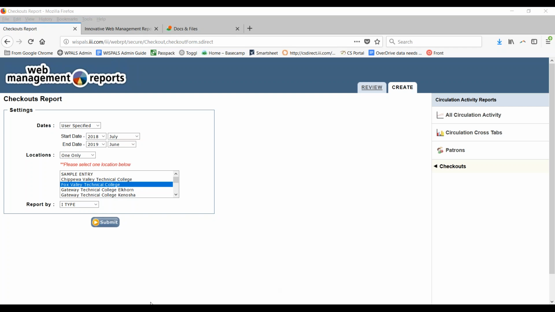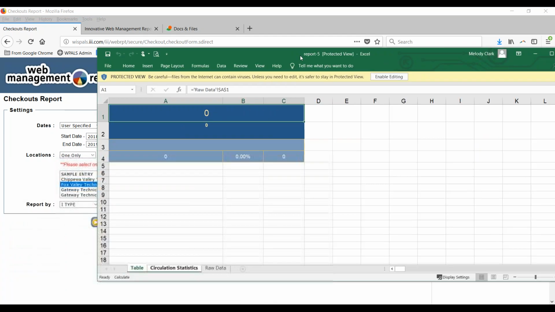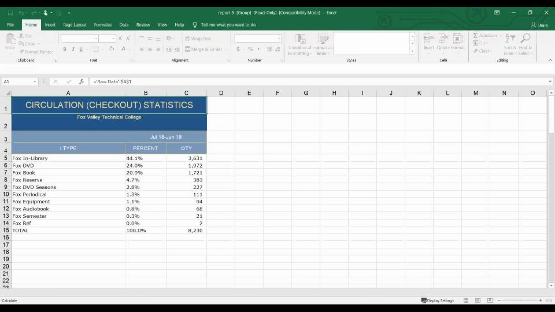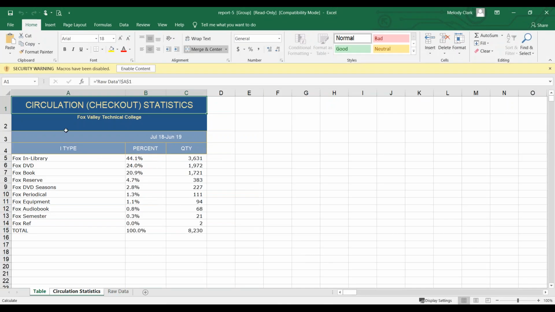My computer's being just a little slow. One thing I wanted to show you really quickly. So I opened it up, and I have nothing here. It's all zeros. Microsoft Excel wants to make sure that you're not opening or downloading anything that contains viruses, so you basically have to say, yeah, this is okay. I want to be able to edit this information. If your computer is set up like this, you may have to hit enable editing. Once you do that, then that information will download and